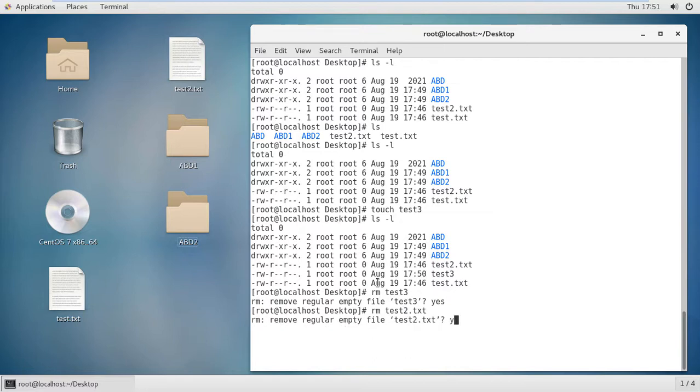You want to remove, yes, no. I want to remove taste.txt. You want to remove, no, it will not be removed. So this is the thing, it will ask many times. This command is a very powerful command, so it will delete every file.